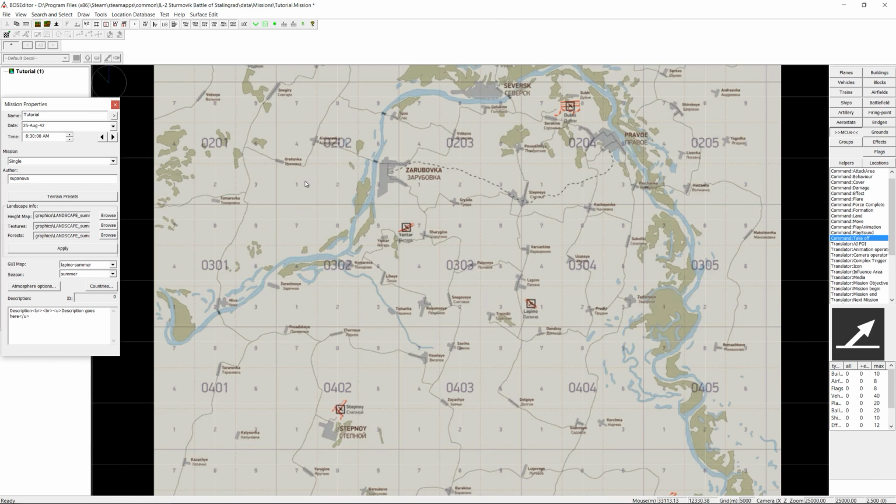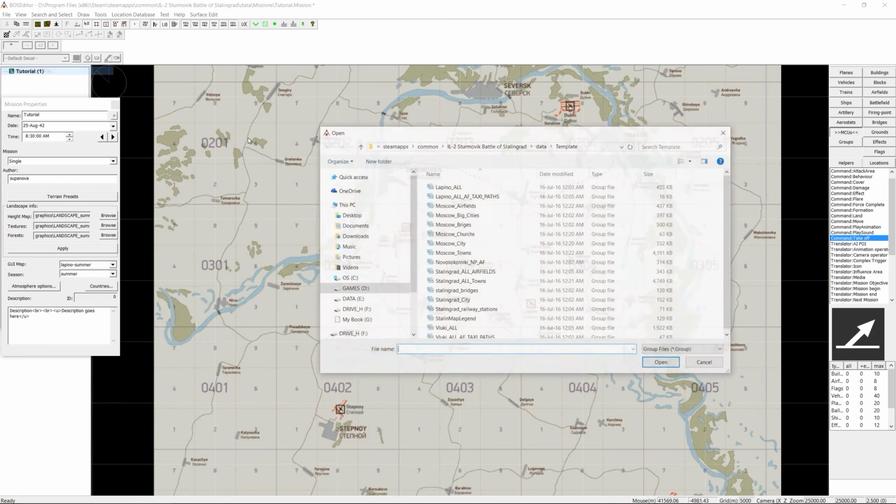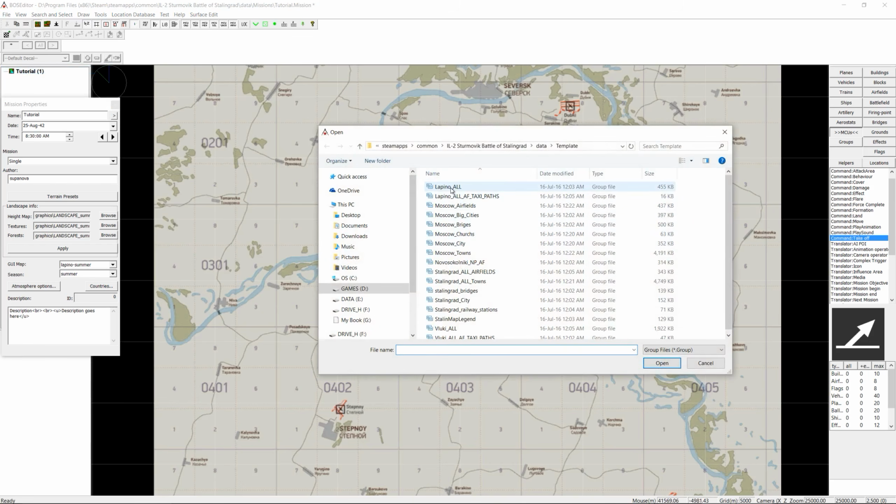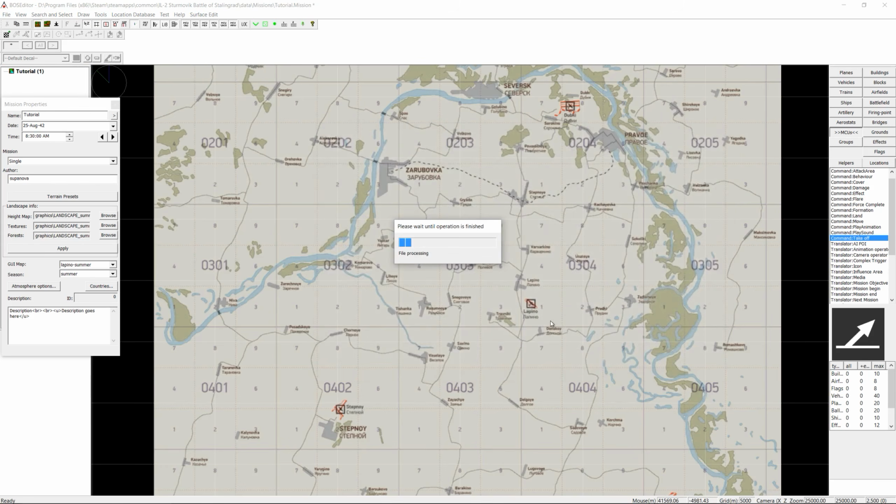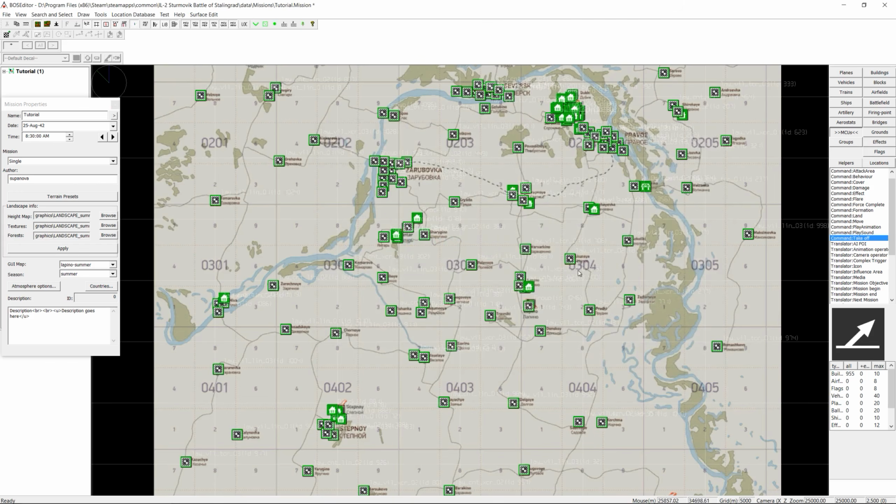Now the next thing we have to think about is that we have quite an empty map. There aren't any buildings or installations, so we've quite easily changed that by importing from file. Now we're going to look at 2 particular elements here. The first is Lapino all, so we'll load that in, and when it's complete the map will be populated, as you can see, with a large amount